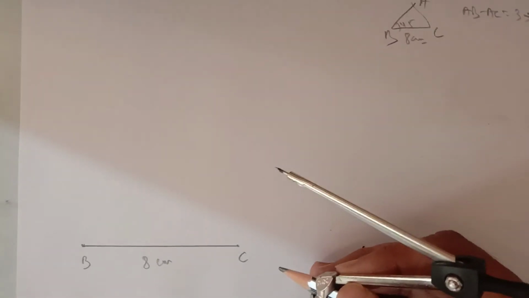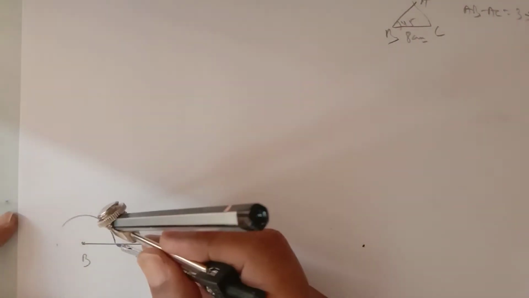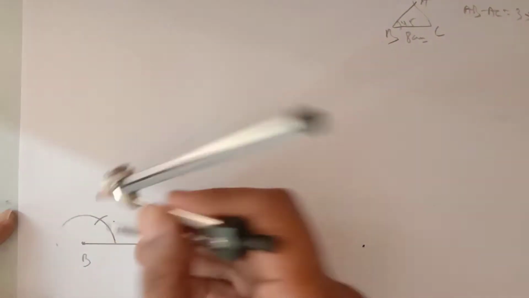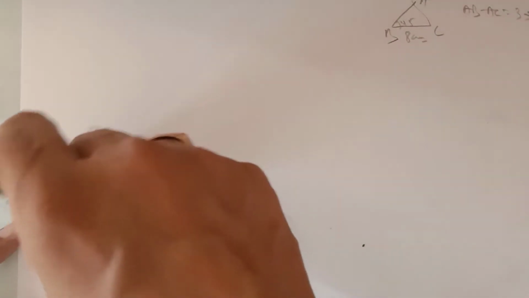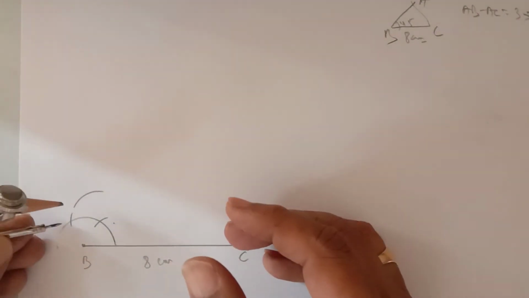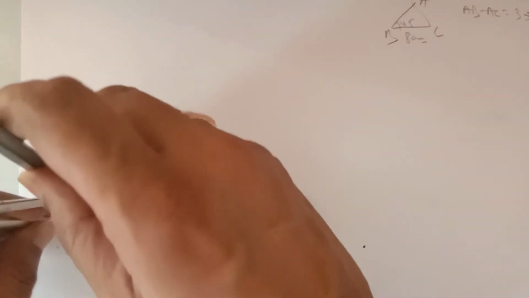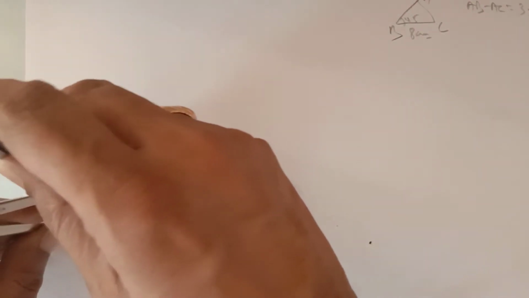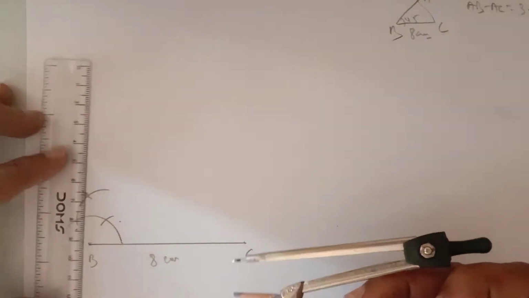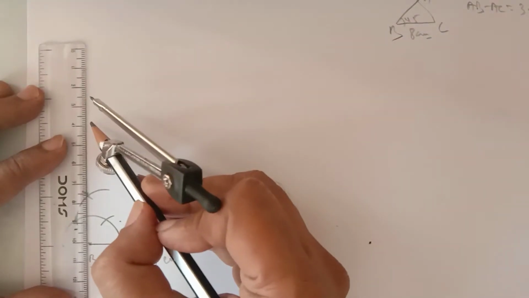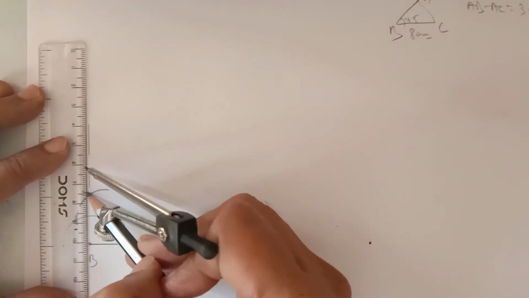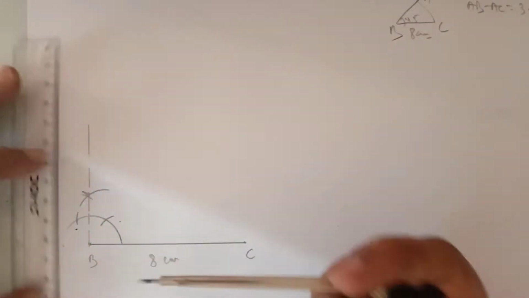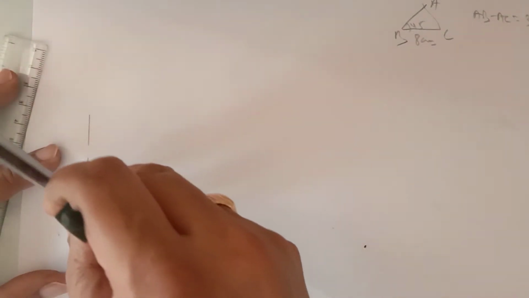At B, draw an angle of 45 degree. You know how to draw an angle of 45 degree. You first of all draw the 90 degree angle and bisect it. So this is 60 degree angle, you know it. This is 120 and bisect it. First of all, from these two bisectors, you'll get this angle as 90 degree. You draw a dotted line because we need an angle of 45.